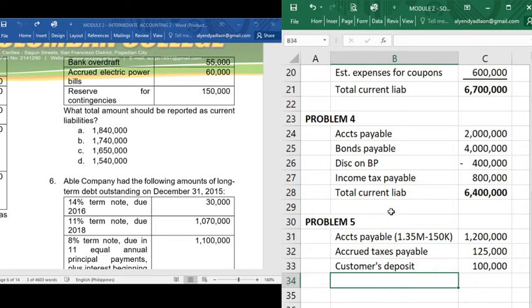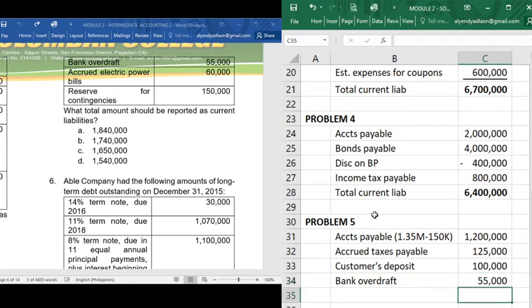For example, your account balance in the bank is only 500 but you withdrew 1,000 pesos. So that excess 500,000 pesos is not yours because your balance is only 500 pesos. So therefore, that bank overdraft is a liability on your part. Okay? So bank overdraft is a liability, 55,000 pesos. You have the obligation to deposit it again. Okay? The 500,000, because that is not yours already, because it is already in excess of your account